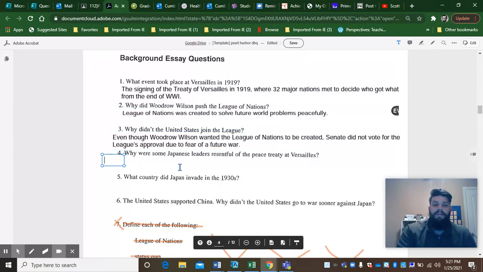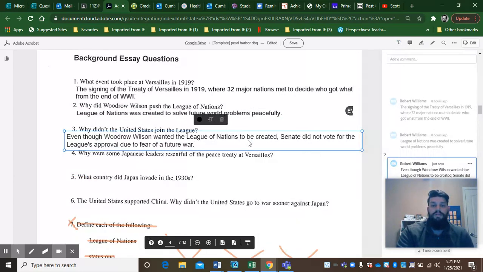But that's how they answer the questions. After they're done, they should hit save. If they want to keep going to the next question, they can. They can just click underneath number 4 and answer that one, or number 5 and do it from there. If they want to edit their text for any reason, I click off of the text button and then click back onto the text itself, and then they can add some more or delete whatever they like.